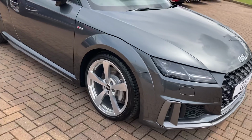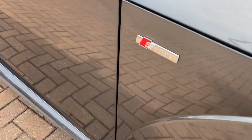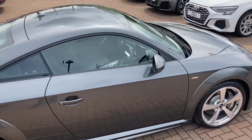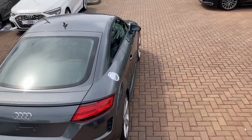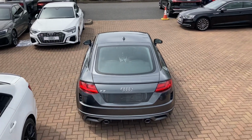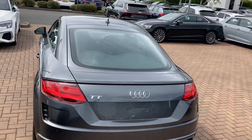We've got the LED headlights, we've got the 19-inch 5-spoke design, partly finished alloy wheels. It does come with the S-Line pack as well, so we have the S-Line badges on the wings of the car. It comes with the S-Line sports package, which has been lowered by 10mm. We do have rear parking sensors, which are really helpful when you're trying to get in those tight car parking